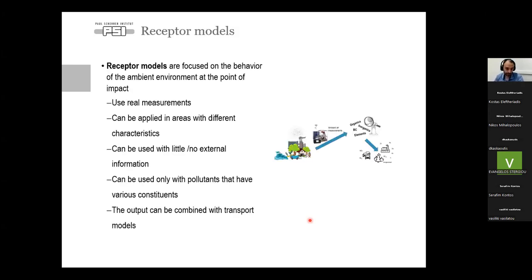So what are the receptor models? The receptor models, first of all, are focused on the behavior of the ambient environment at the point of impact. What that means is that when we apply a receptor model, we need information from a certain region, and the results we are going to get are specific to this region.